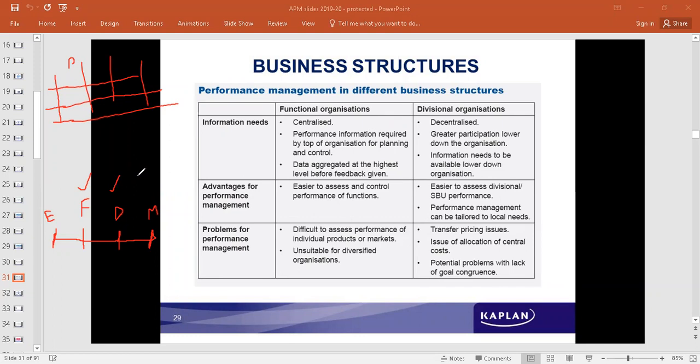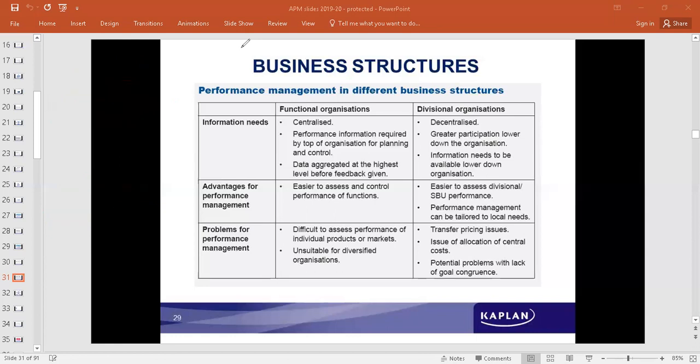So wherein the organization is divided into departments or divisions. Managers are appointed for these departments or divisions, and they take the decisions. So the authority is decentralized and the decision making is taken up by multiple people in the organization, not the centralized management. In such a case, now business structures broadly categorized, we see that they are functional organizations and divisional